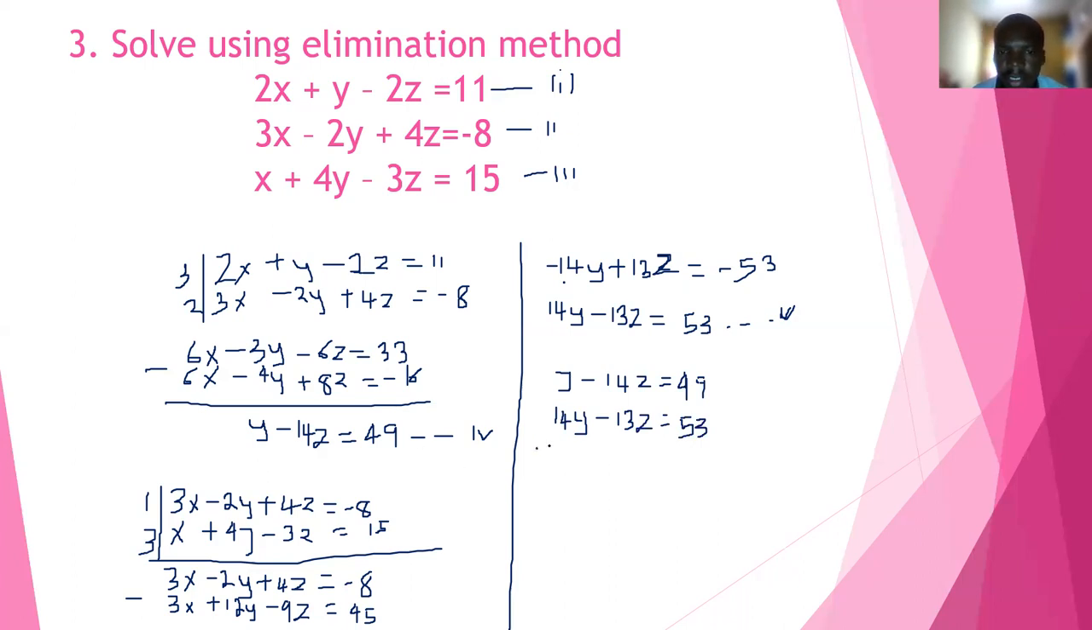So on this side also we eliminate y, for example. Here we multiply by 14, and this side by 1. So we'll have 14y minus 14 times 14, 196z, is equal to